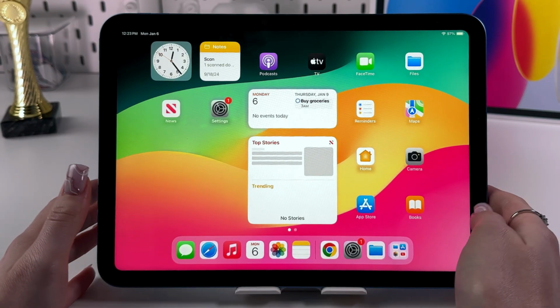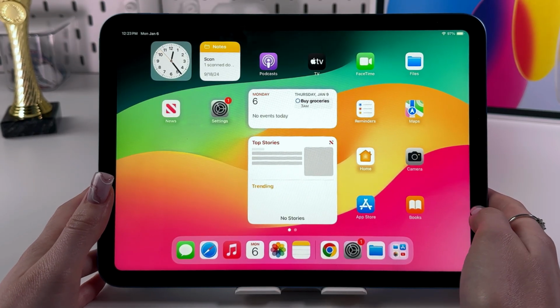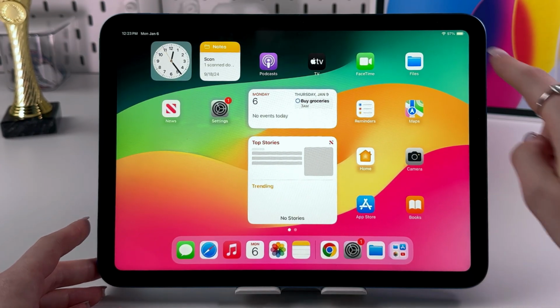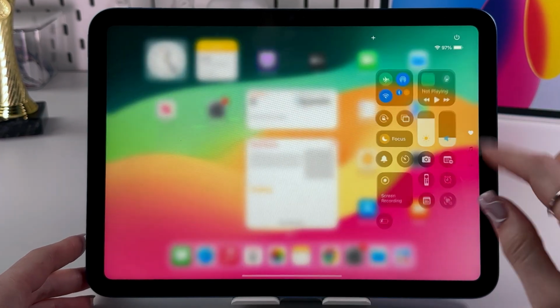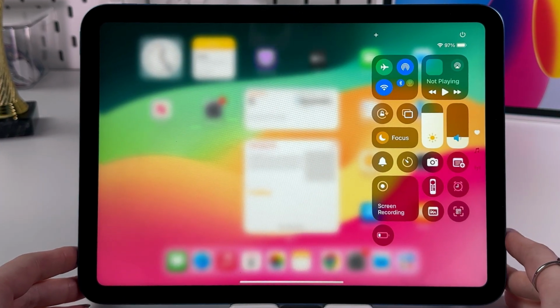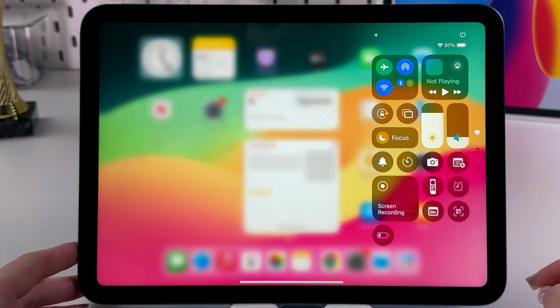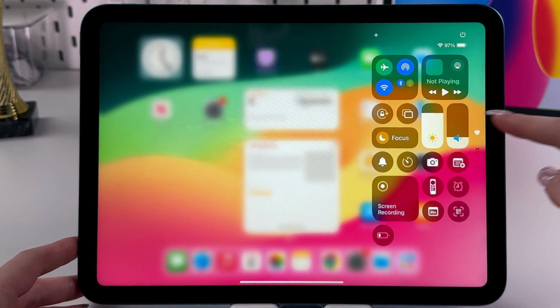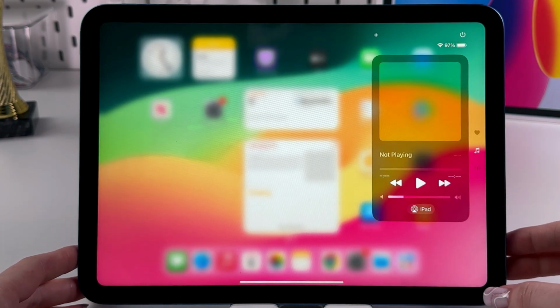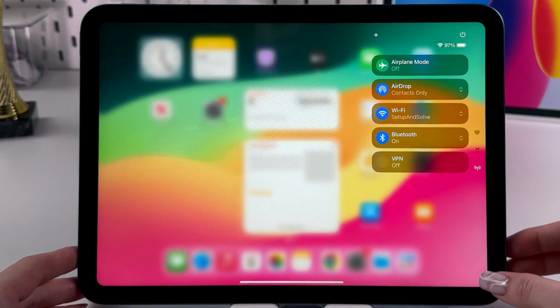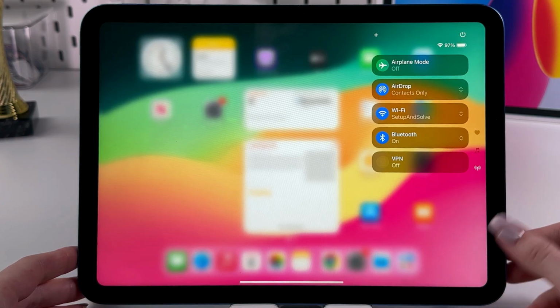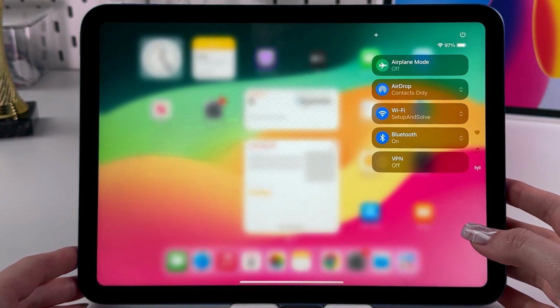Hi, to customize Control Center on your iPad 10th generation, firstly, we would need to swipe down from the upper right corner to trigger the Control Center. First thing we can see is three folders. This heart one, this one for music, and this one for necessary tools such as airplane mode, AirDrop, Wi-Fi, Bluetooth,